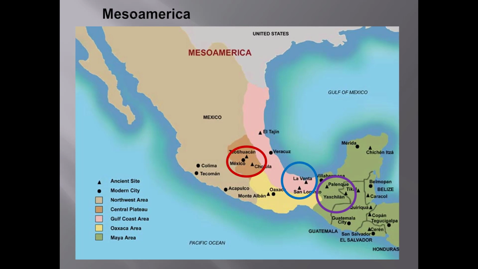That culture is the Olmec, whose center was east and south of the Aztec capital, and I've circled that area in blue. For this work, we will need to consider both how this work reflects Olmec culture, what we know of it, and also why this artifact was so highly prized by the Aztecs that they placed it in their central temple in a place of honor.